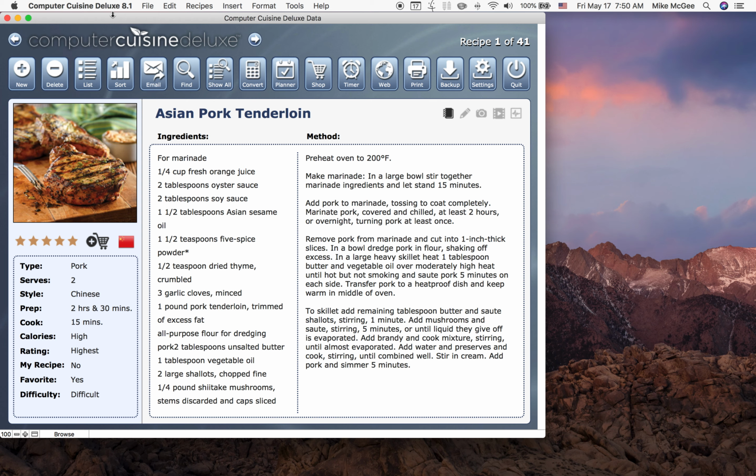All right, so let's say you have Computer Cuisine Deluxe 8.1 and you want to upgrade to version 9.0. How do you do it? It's really simple, but I just want to go through the process step by step so that everyone knows exactly what this entails. So the easiest way is just to launch version 8.1, your older version, and you're going to